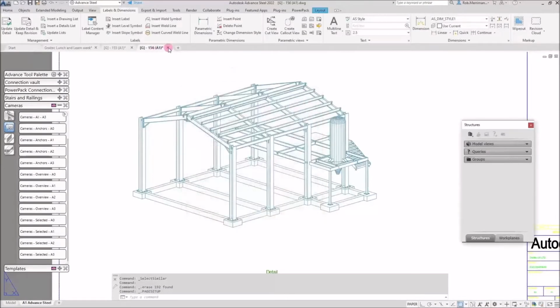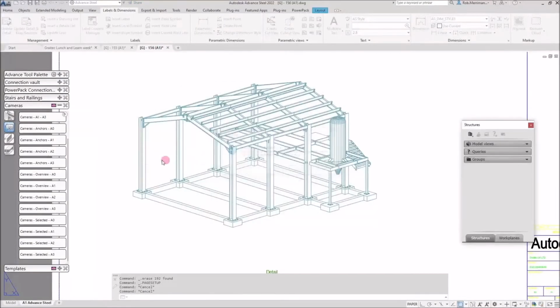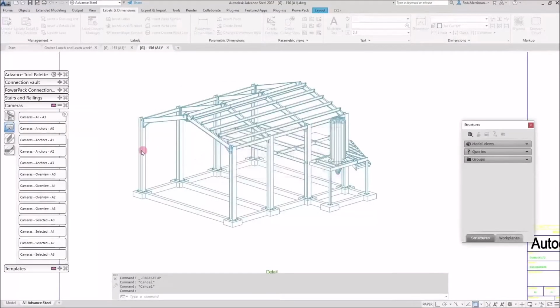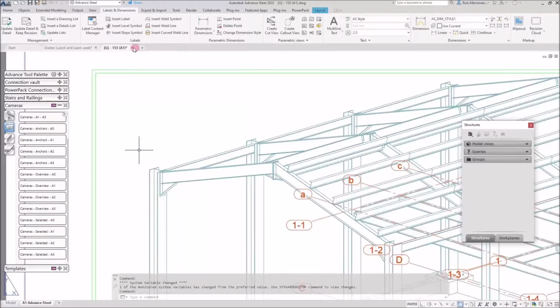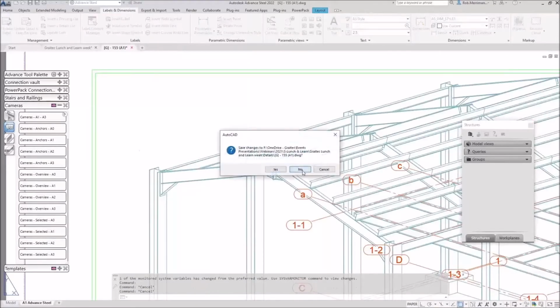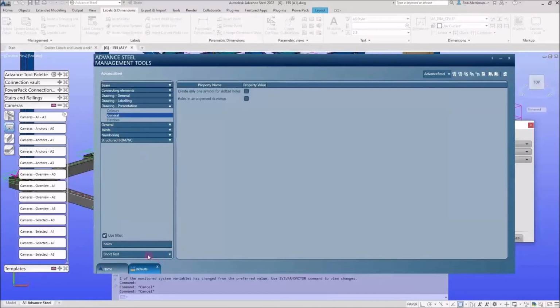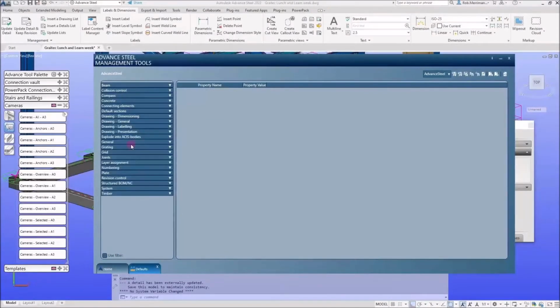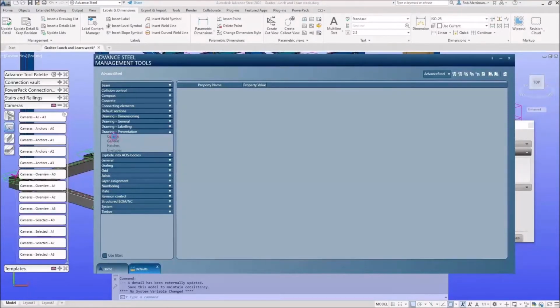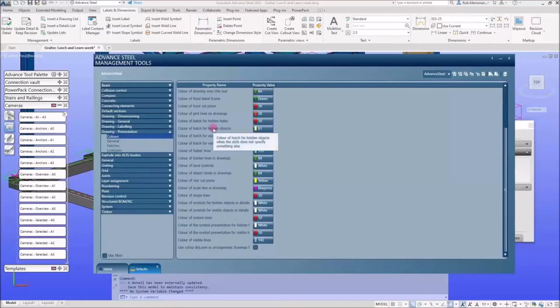Now, what we can do, if you want beams to actually print to a particular color and you want that to be a particular thickness, if we go back to our management settings, we can look at drawing presentation and colors. And for GA drawings, if we scroll down in here, we can say use color by layer in arrangement drawings. So if I enable that,